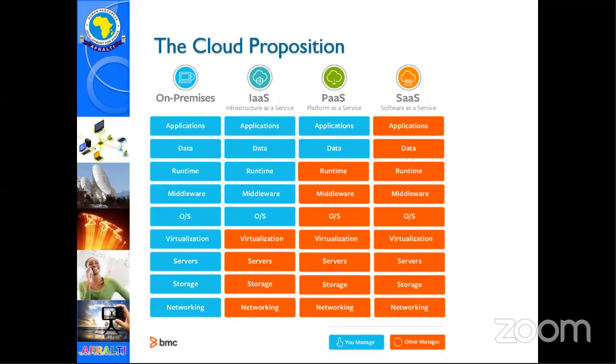The third offering is usually known as software as a service. And in this offering, the cloud provider provides everything from the networking all the way to the applications. A good example of this is the Microsoft Office 365 offering, where all you need to do is use the software.